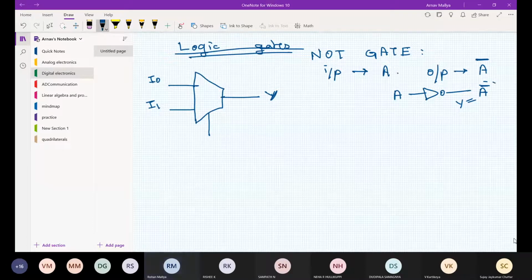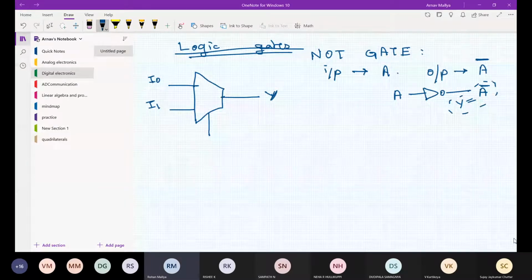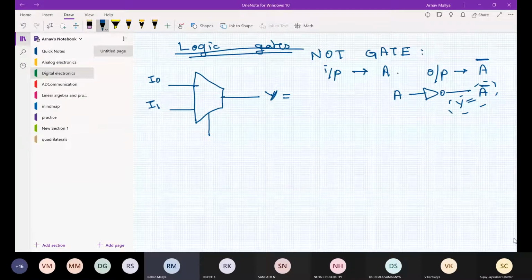The expression for the output has to be A bar. So I'll take my select line as A. Now just watch carefully how I manipulate and obtain the expression for the NOT gate.